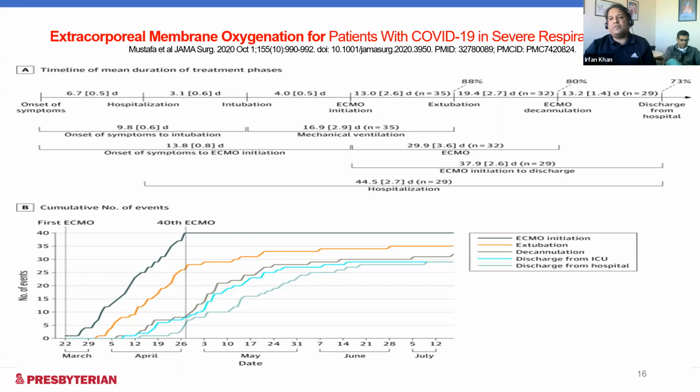Then a study comes along, that's from October 2020. Basically, this happened in Chicago. There's a center that started doing these dual lumen cannulas that are placed in the right IJ, basically an RV to PA cannula, essentially protecting the right ventricle, seeing if the outcomes are better. For some reason, the outcomes ended up being extremely high survival. So these patients were hospitalized and then intubated, and then within 4 days of intubation, they were placed on ECMO. They remained on ECMO for less than 2 weeks before they were extubated, and then subsequently decannulated within a month. And then they were discharged home 2 weeks following that. So as you can see in these graphs, the survival was huge.